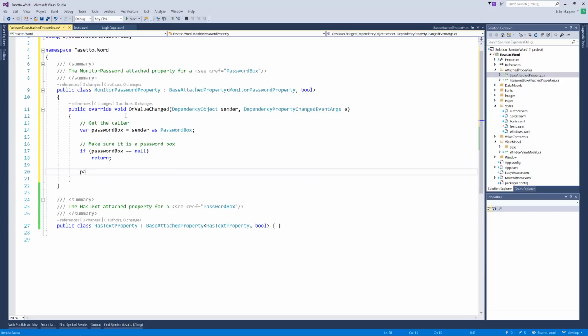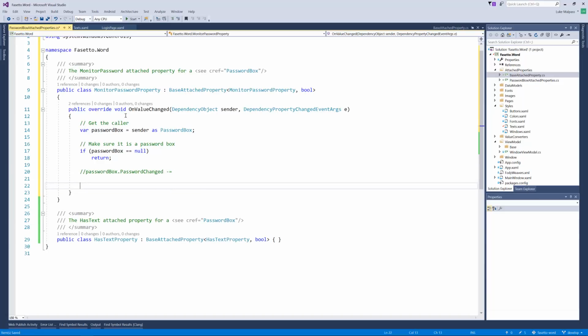If it is, then we want to remove the previous event handler, which we haven't got yet. We'll come back to that in 2 seconds. And then if, I think it was Boolean of the event new value, so if they actually passed in true,